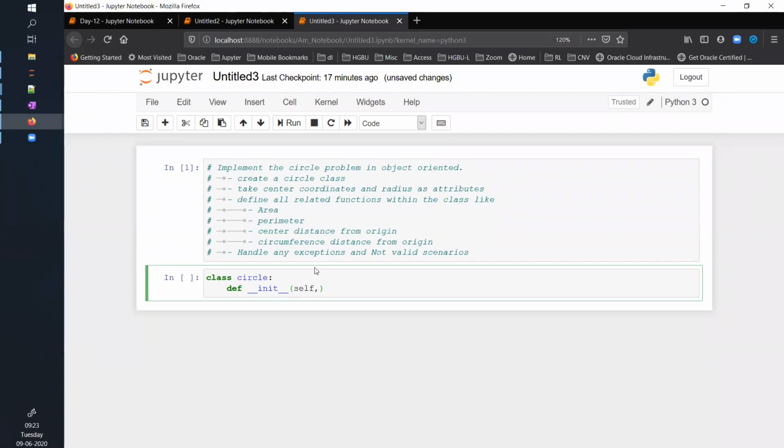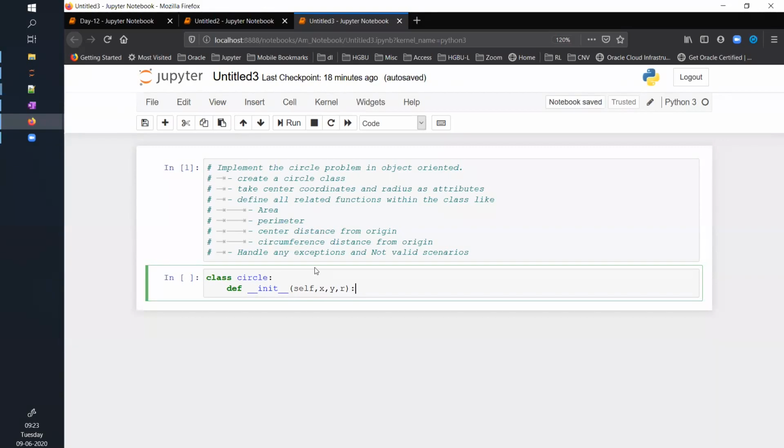What are those parameters? X, Y, and R. Correct? Yes, sir. I will explain every keyword over here, but for now, just assume that this is what you need to do.